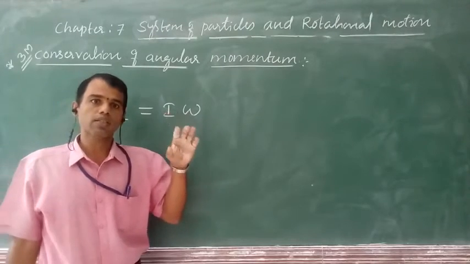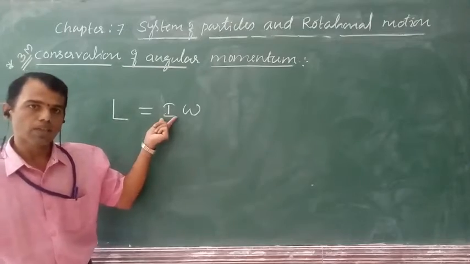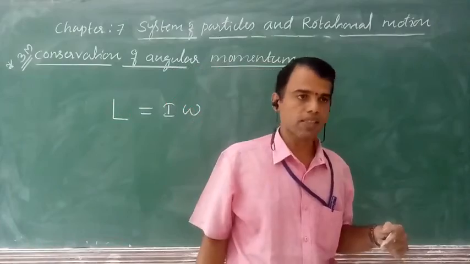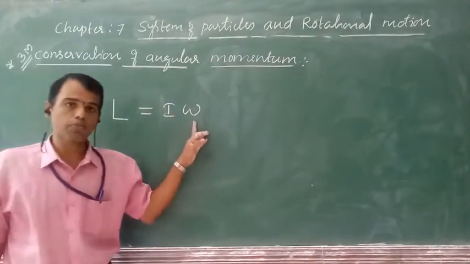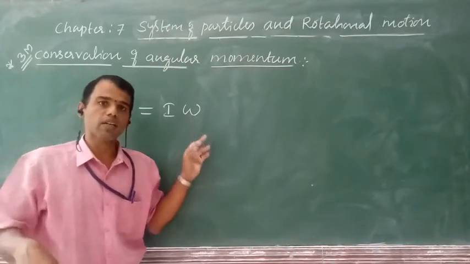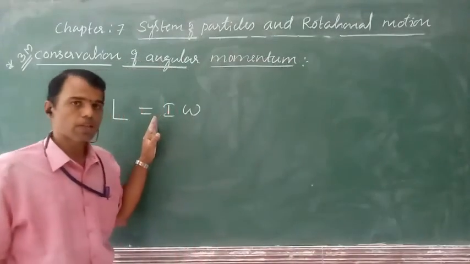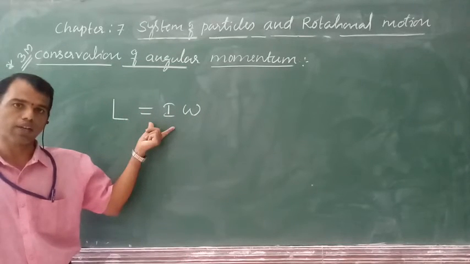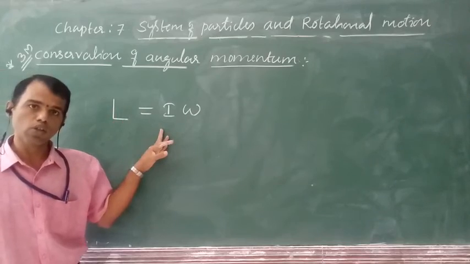So in ballet dancing, the angular momentum is conserved. In the case of a springboard diver, the angular momentum is conserved. In the case of a girl sitting on a rotating chair, the angular momentum is conserved. So this is the law of conservation of angular momentum. Thus angular momentum is conserved in all